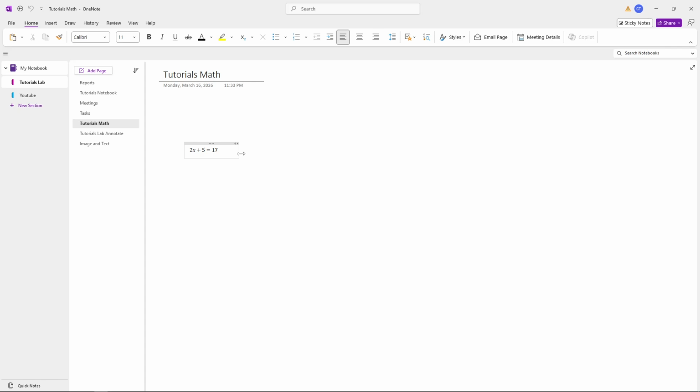First, start by opening your Microsoft OneNote app and load into your notebook. Once you're in, take a moment to ensure everything is properly loaded and ready to go. This is important because you want to make sure all your pages and sections are accessible before you begin working